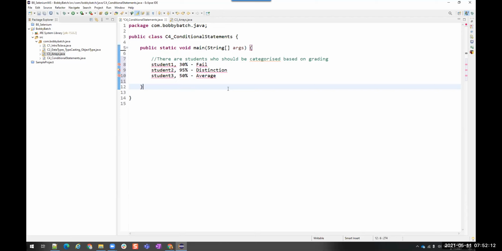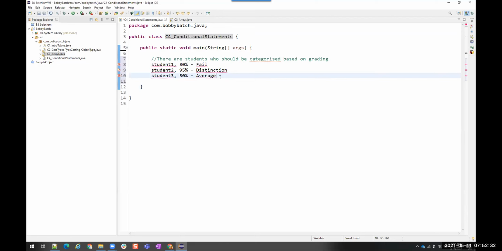So in those cases, we need control flow statements. One of the control flow statements is the conditional statement, that is, if-else statements. So if something is happening, then do this. If something else is happening, then do this. Understood?